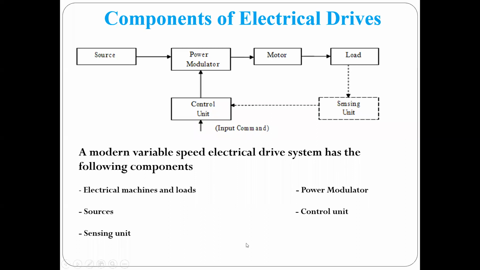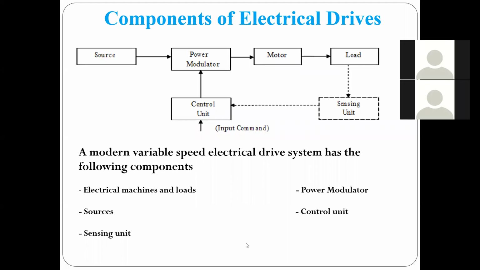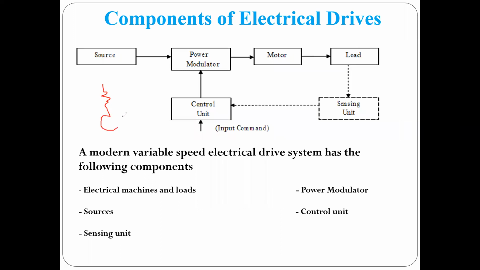Yes, sir. Okay, where we have stopped, the speed control techniques of the DC motors are the armature resistance control method, field flux control method, and armature voltage control method. Is it clear? In the case of the armature resistance control method, we are using one resistance in series with the DC motor, like this.